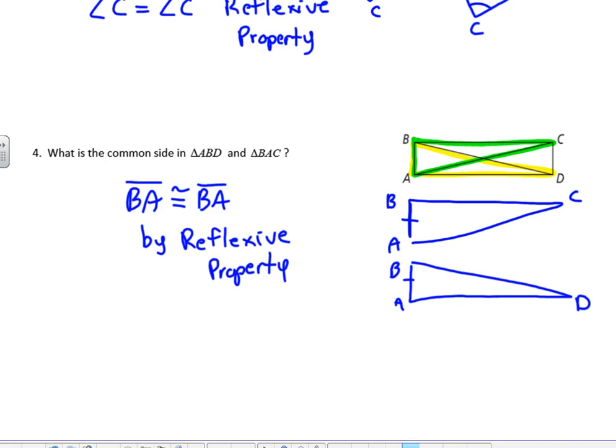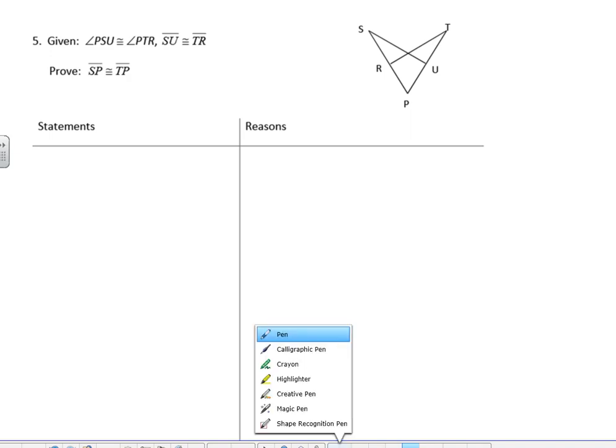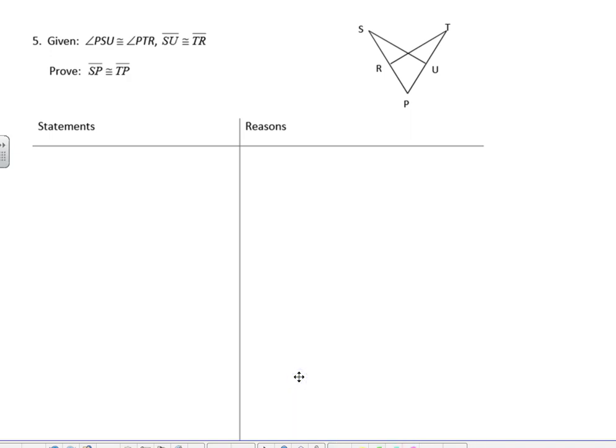So I think we've got 3 proofs here just to practice some of this, to give you an idea of what we're doing. In this example, we're trying to prove that SP is congruent to TP. Sometimes you get multiple triangles here, and if we look at this, we've got a whole bunch of pairs of triangles. So I'm going to start with identifying what I'm trying to prove, and that's SP and TP. When I see that, I realize that those are some overlapping triangles,